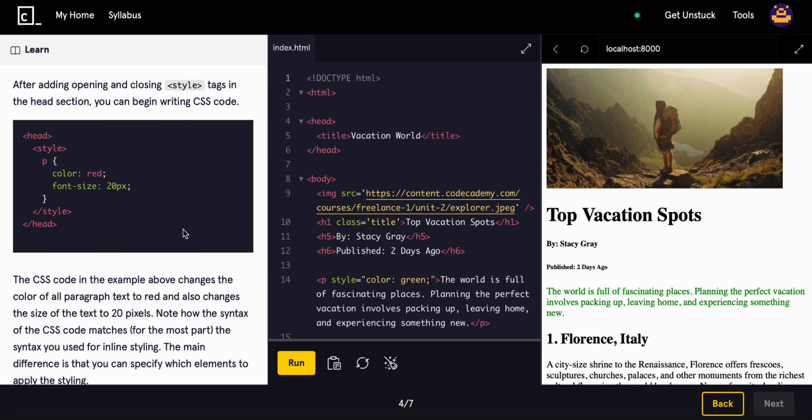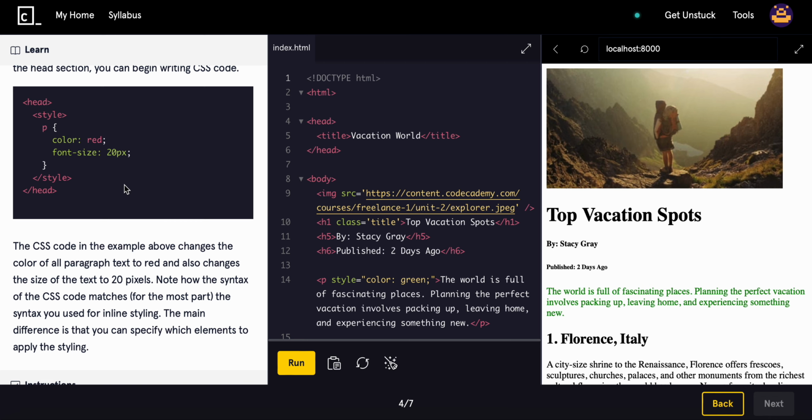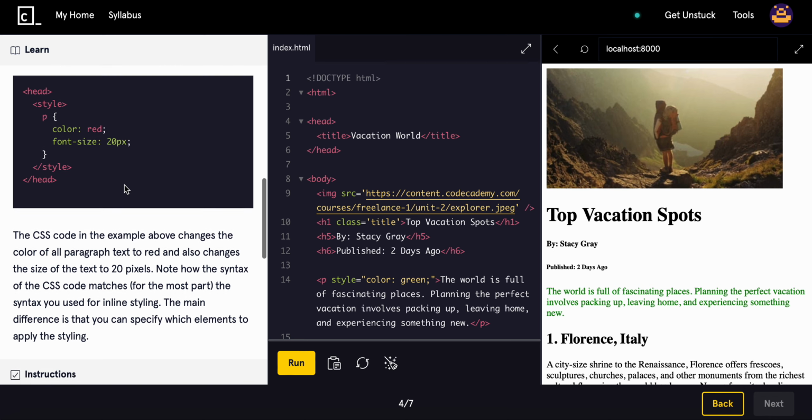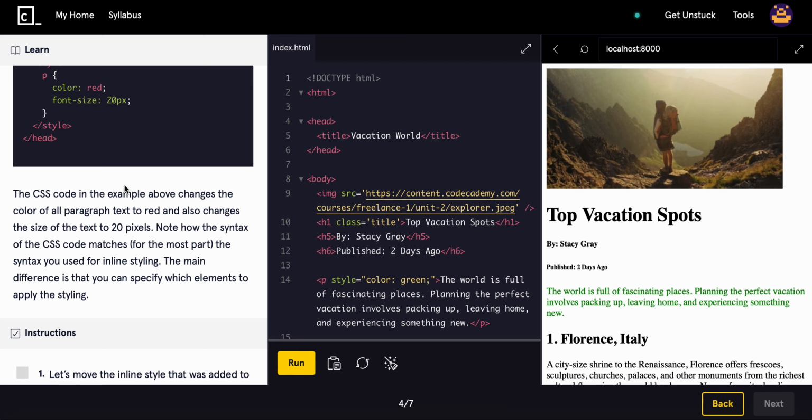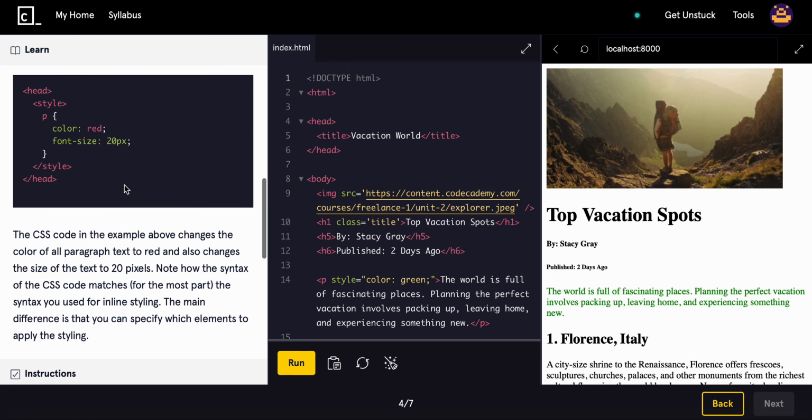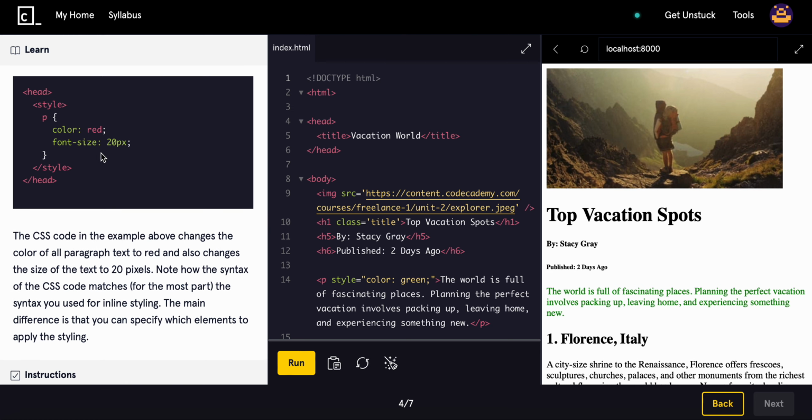The CSS code in the example above changes the color of all paragraphs to red, and then the size of the text to 20 pixels. Note how the syntax of the CSS code matches, for the most part, the syntax you use for inline styling. The main difference is that you specify which elements